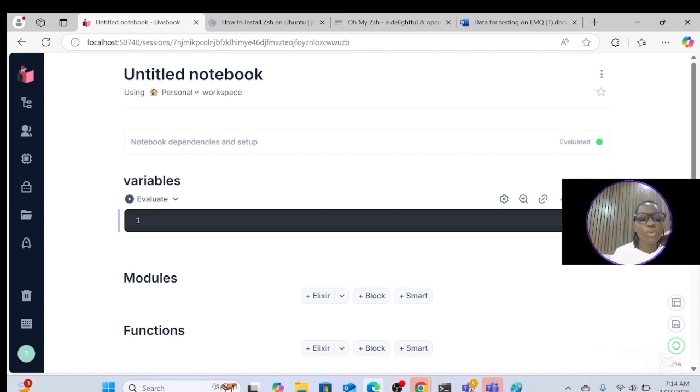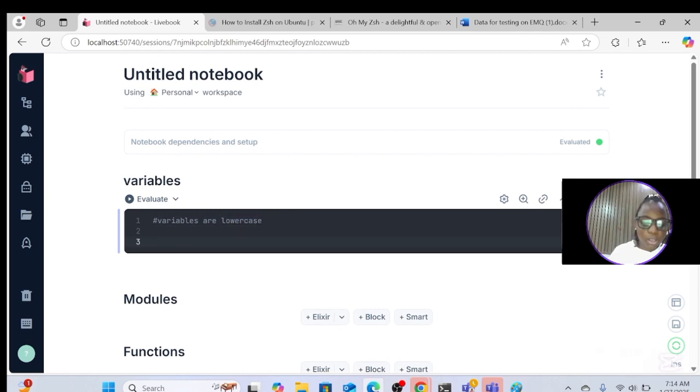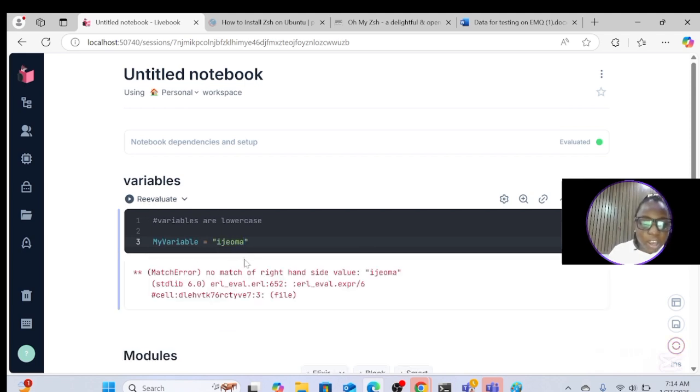So we're going to be saying three things about variables, which are the guidelines for you to know. Number one is that variables are lowercase. So variable names are lowercase. If you do something like this, myVariable, using camel case here, and we say it is equal to Ijoma, it's going to throw us an error, no match of right hand side, because variables are supposed to be in lowercase and must be snake case. So if we do like this,